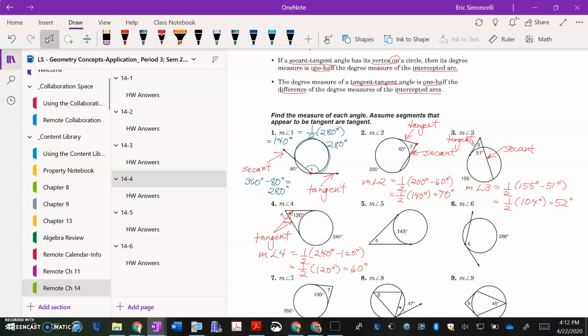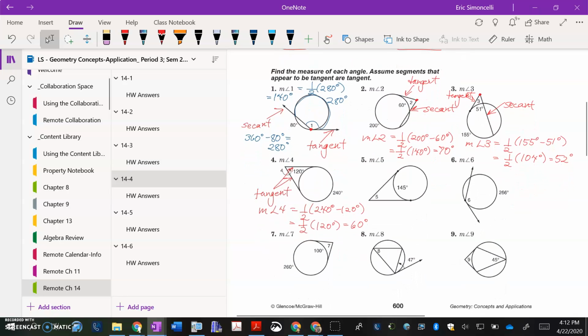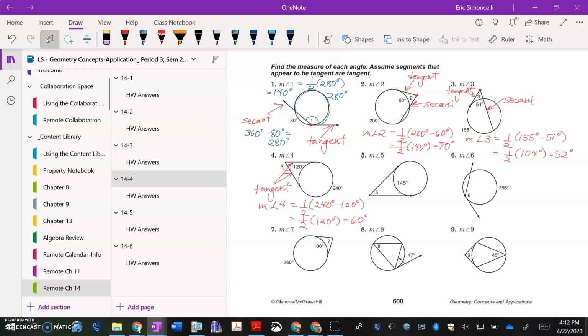Now let's do another tangent-tangent problem. And then I will continue on here, possibly leaving some for you guys to try on your own, and/or possibly doing some via audio lesson, because that's another way that we can utilize our time correctly and appropriately. So again, this is a tangent-tangent problem